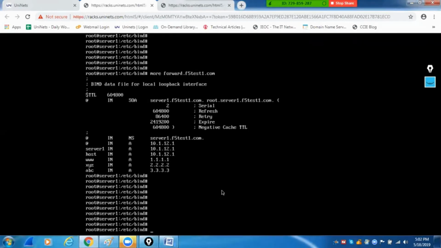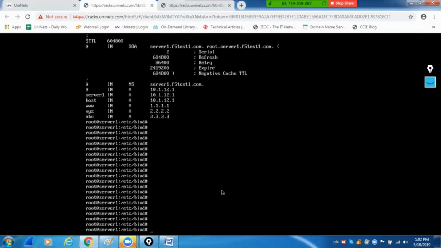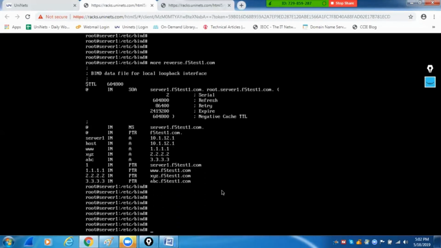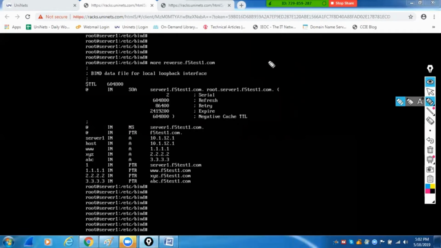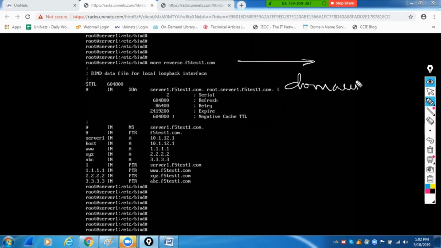And in the same way, you will also have reverse as well, within which you will have the pointer records, where your pointer records will map in the opposite direction. Basically, your A records will map your domain name to IP address, but your pointer records will map IP to domain.